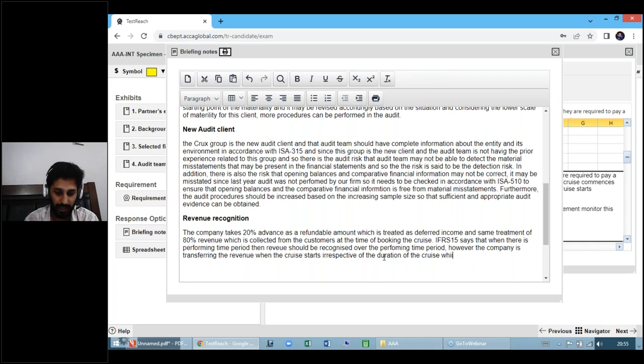Which is not in line with IFRS 15, and so revenue can be overstated. In addition, ISA 240 says that while understanding the company,